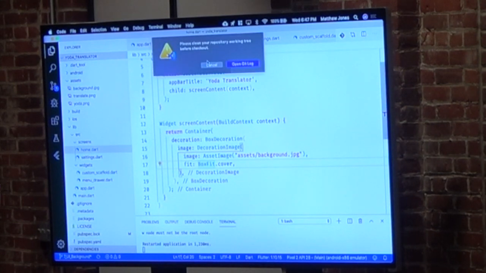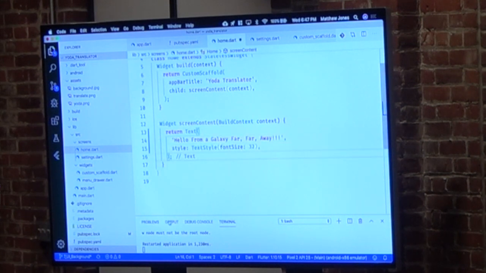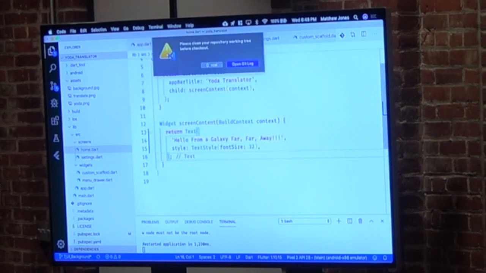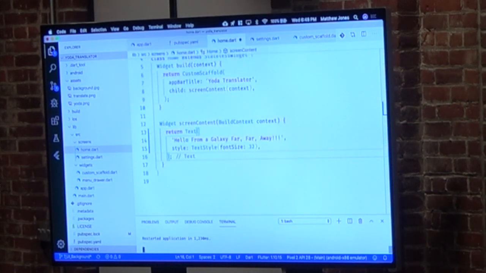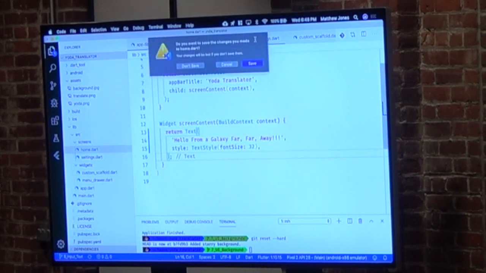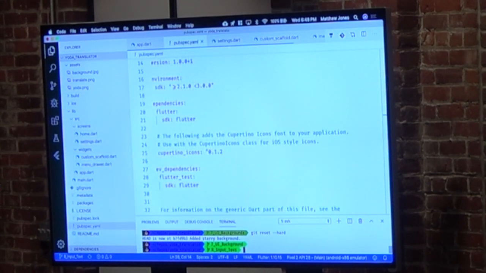Please clean the repository tree before. Did I change something? Looks like it. Oh. Git reset hard. Gotta be so smart about doing this. There we go. Perfect. Let's save. All right,